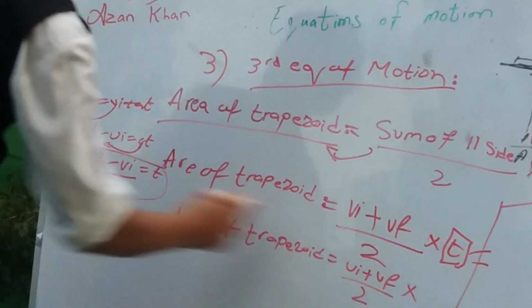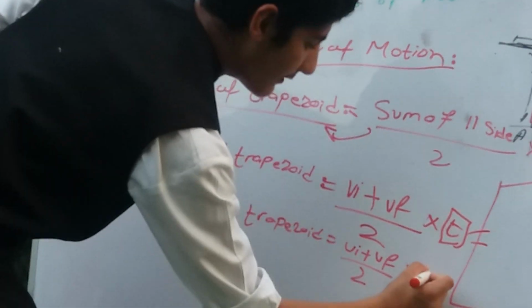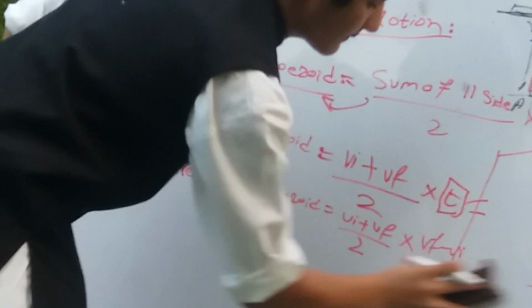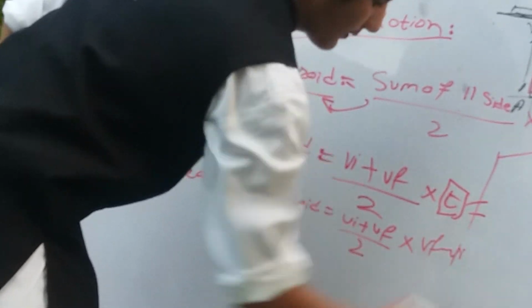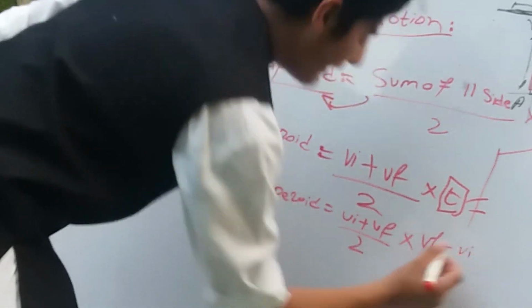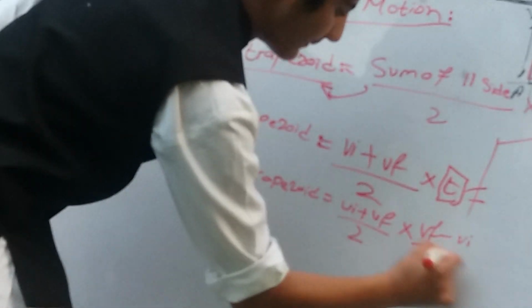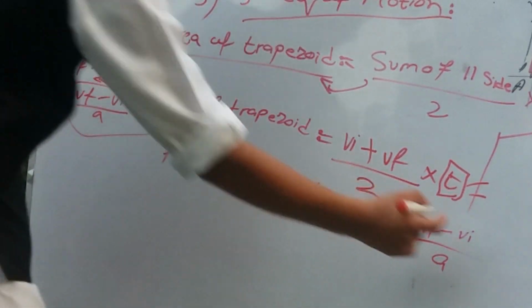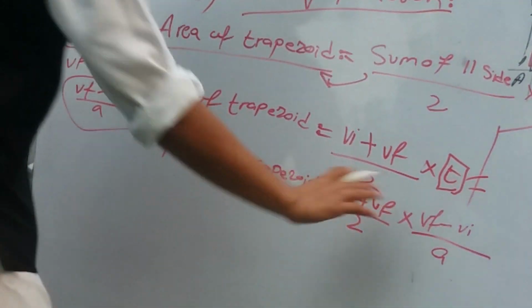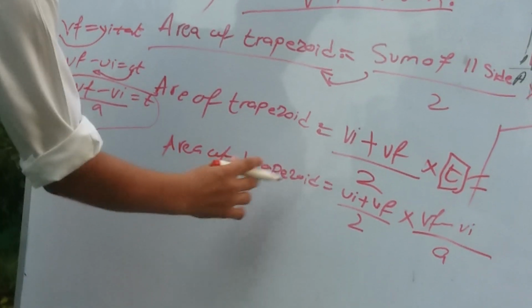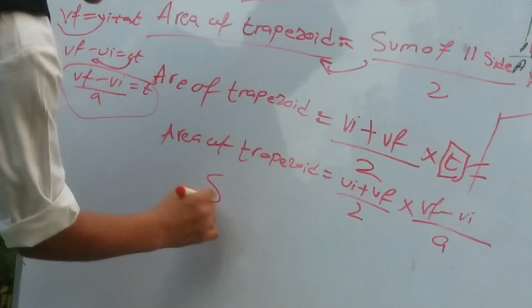What is t? t is Vf minus Vi divided by a. So now we have written both. Now we represent the area with s, so s is equal to